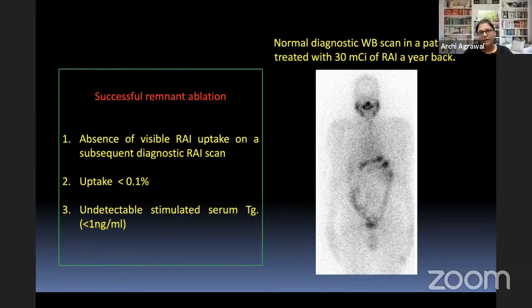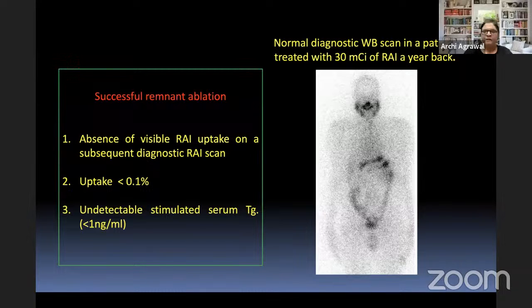but most institutes might have that uptake probe that we have in our institute, but your private centers will not have any uptake probes and will not calculate the uptakes, though it can be done on a gamma camera also, but the uptakes are not very reliable. But if you have an uptake probe and you're doing it, uptake less than 1% or absence of uptake and undetected stimulated serum TG of less than 1 nanogram per ml, when you have this, you know that you have